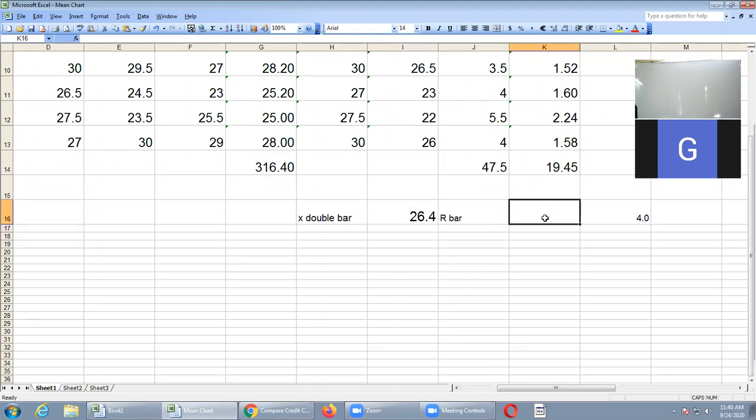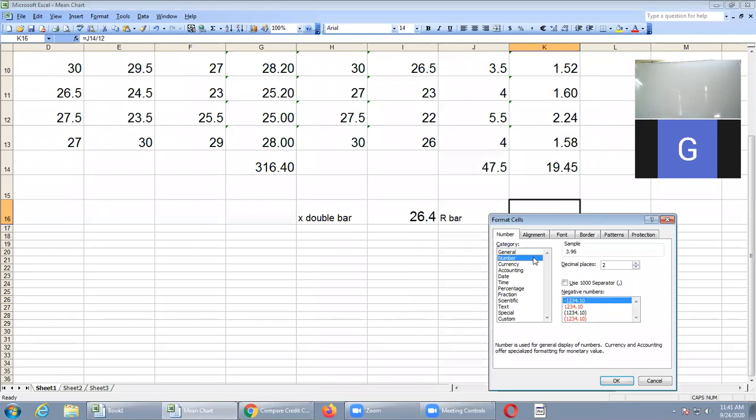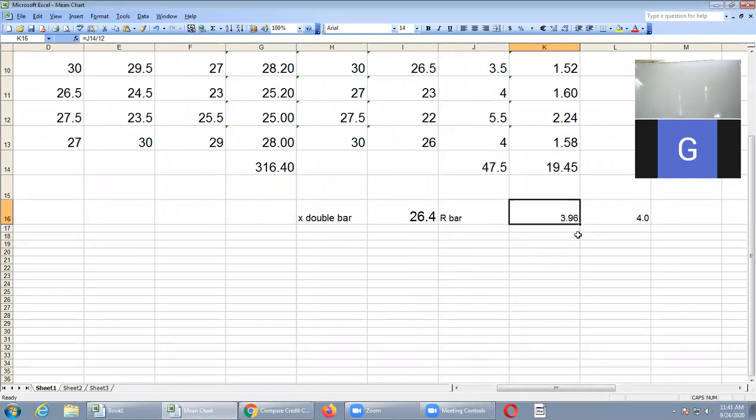And then R bar is equal to R total. What is R total? You got 47.5. If you type or select, no problem, because you are calculating only a single value, you are not dragging. Whenever you are not dragging, you can type or select. Okay, 47.5 divided by, again, the samples. How many samples are there? 12. So you will get R bar, but I want only two places, or one place is enough. So I will consider format cells, number, decimal places 2. So 3.96.